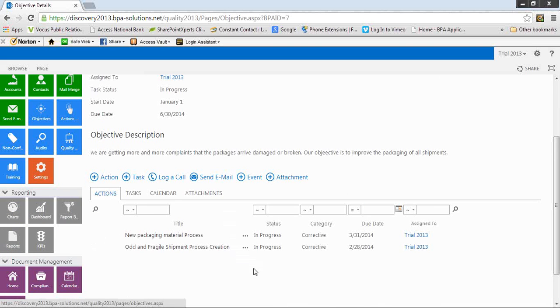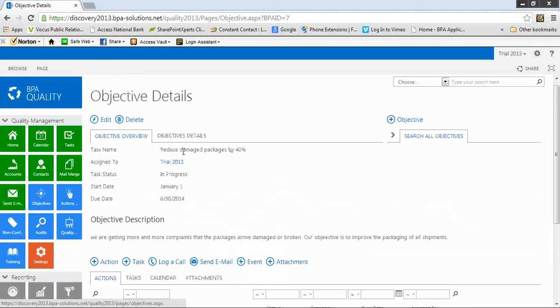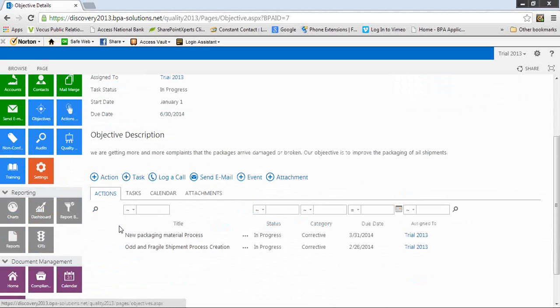So if anybody wants to know, gee, what are we doing about reducing the damaged packages by 40%, we can see we've got a corrective action that is a process to look for new packaging materials, and we've got another corrective action that is related to odd and fragile shipments processes, like what is the process for odd and fragile items in shipment. Sorry if it's worded a little funny. Right? So then we can drop into each of those to see what's going on with them, but let's just